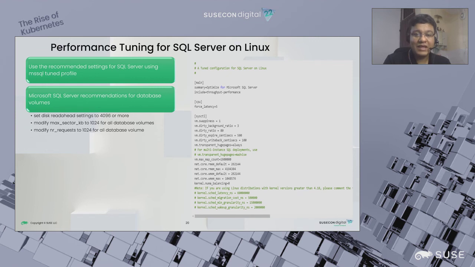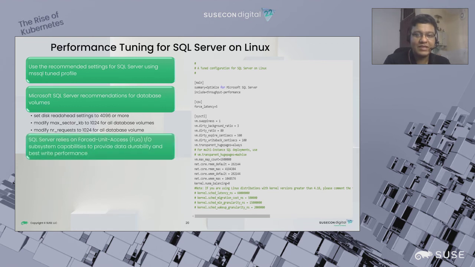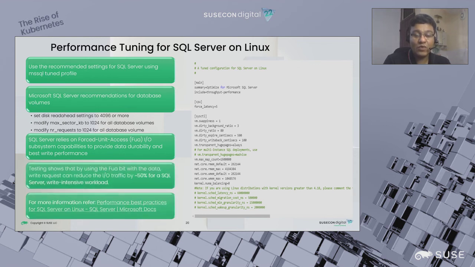Apart from that, there are other read ahead settings, max sector KB settings, all of that which are given here for your reference. All of this is also important to enable FUA, which is the forced unit access. Now, this depends upon the storage, the OS, and the settings that you have at the hardware level. So you need to ensure that all of those recommendations are followed. To see all of these recommendations and to understand more about it, please refer to the link which you have